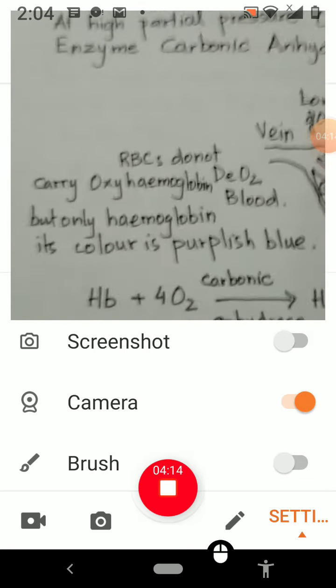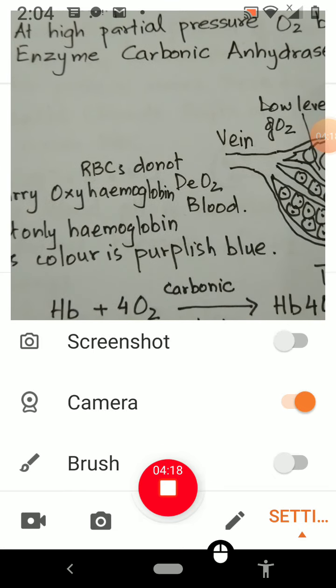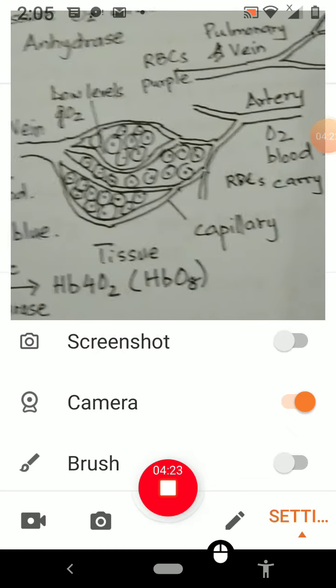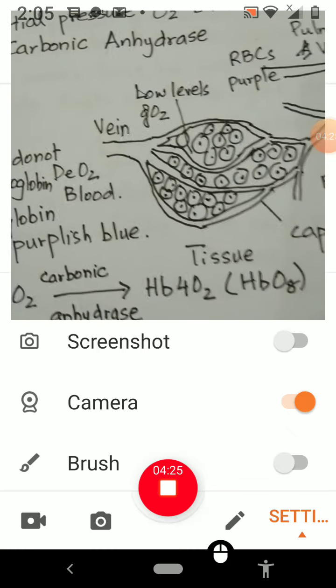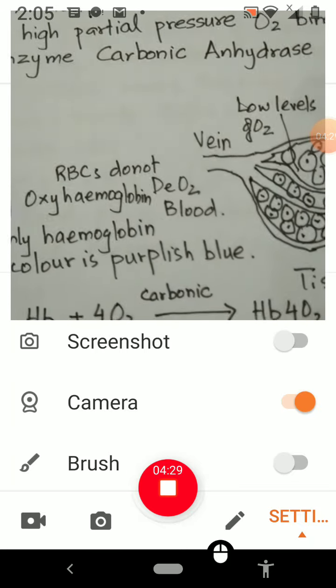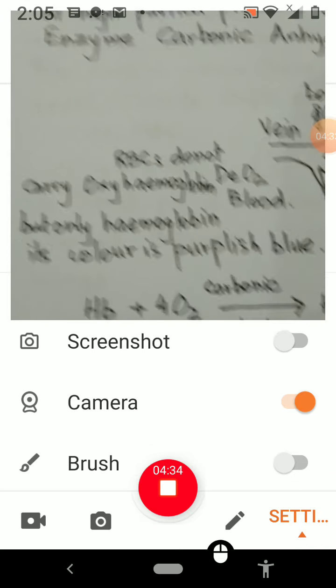So the oxygenated blood coming into the tissue delivers oxygen. The hemoglobin becomes devoid of oxygen and then goes into the vein again to reach the lungs for picking up